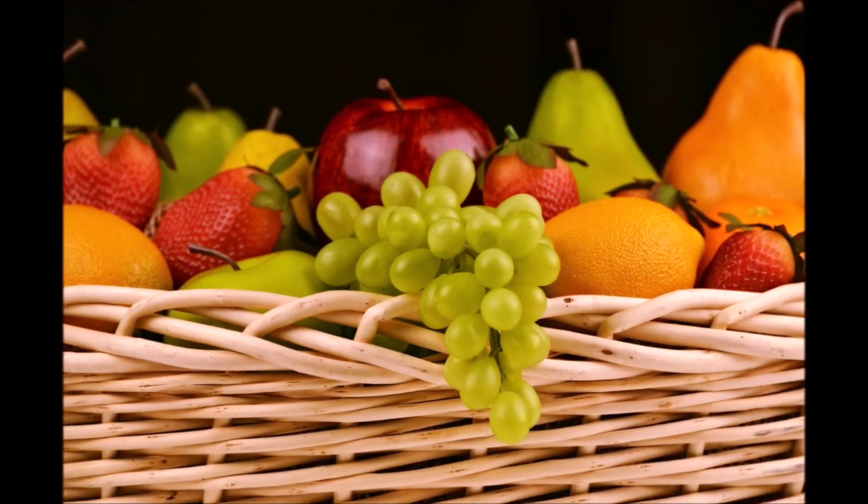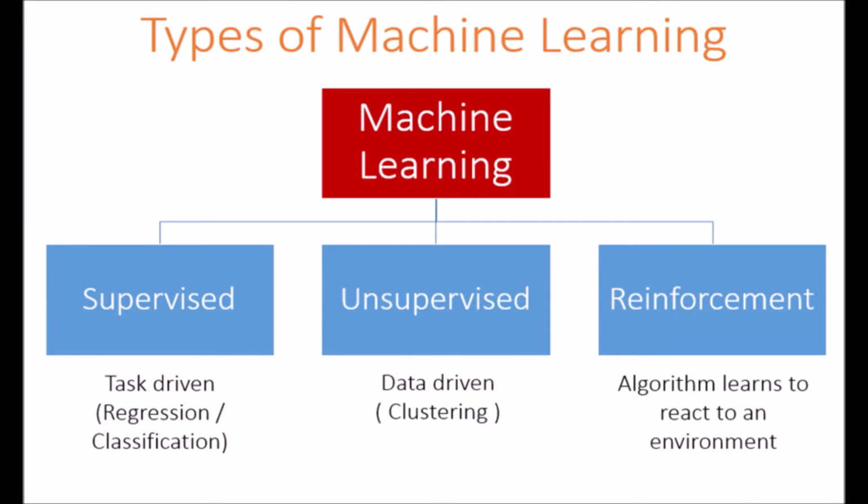The third type of machine learning technique is reinforcement learning. Reinforcement learning is a kind of machine learning technique in which we provide no data to the machine learning algorithm. In reinforcement learning, the machine learning algorithm is exposed to an environment and it is responsible for taking actions. For every correct action, it is rewarded, and for every wrong action, it is punished. The best example that we can give for reinforcement learning is learning cycling.